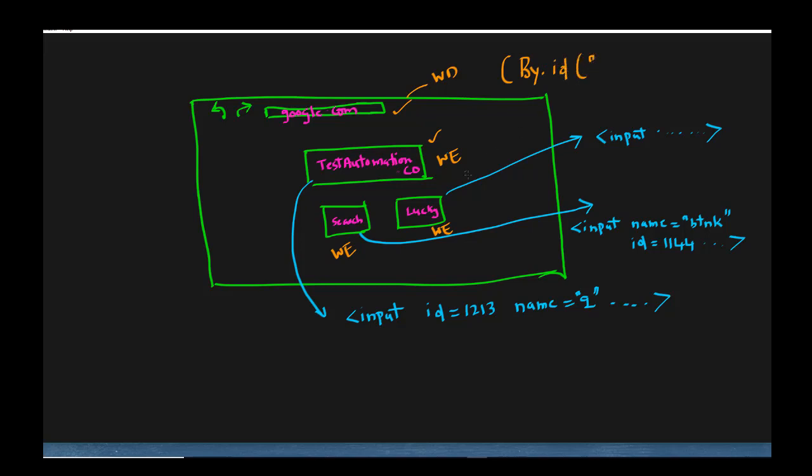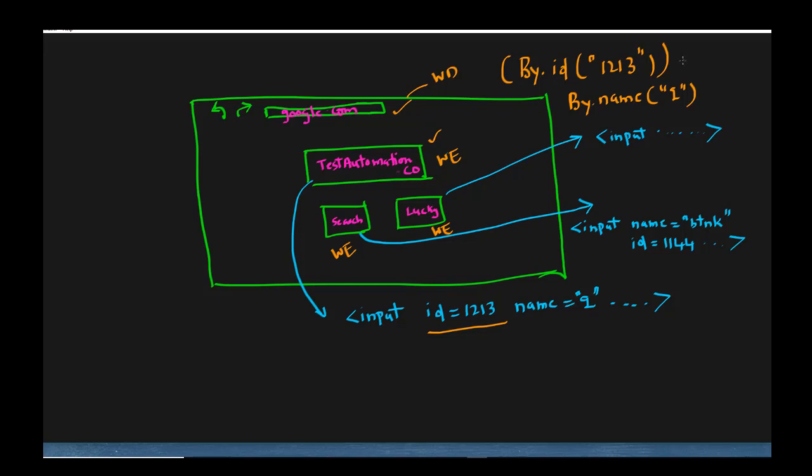You can give the ID of this particular text box, 1213, and then it will return the web element text box. And if you want to find it by name, you can do By.name q. So these are the options we have, and like I mentioned earlier, ID would be the first preference if the ID is available,